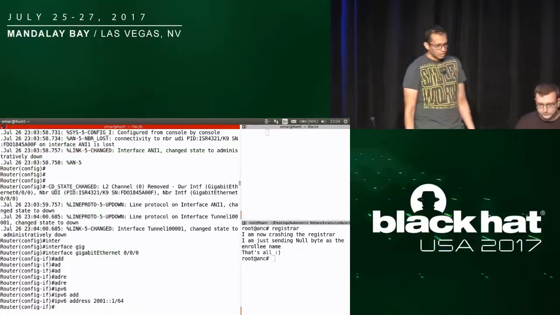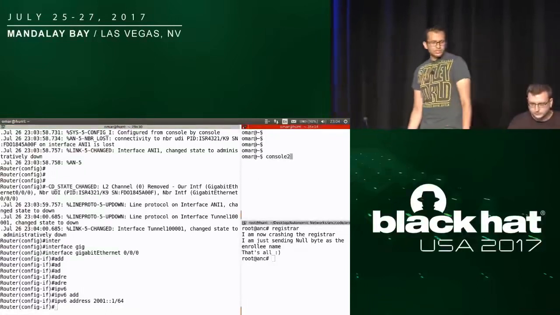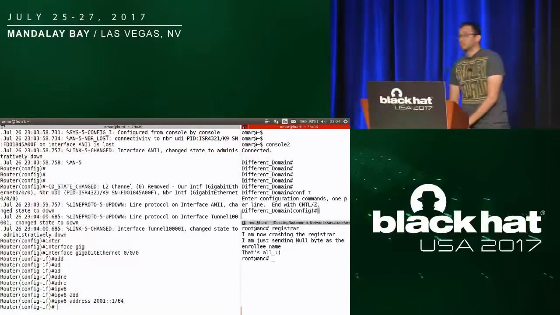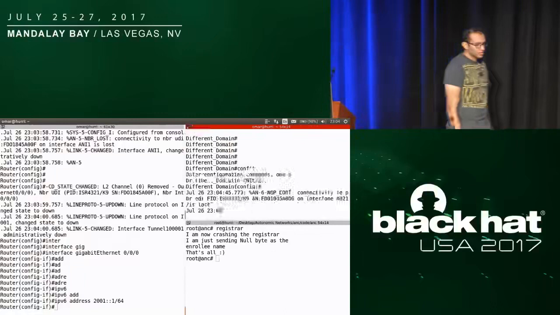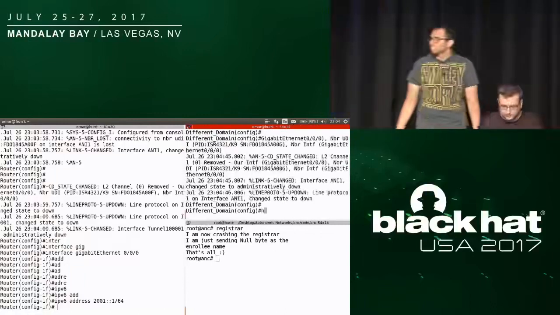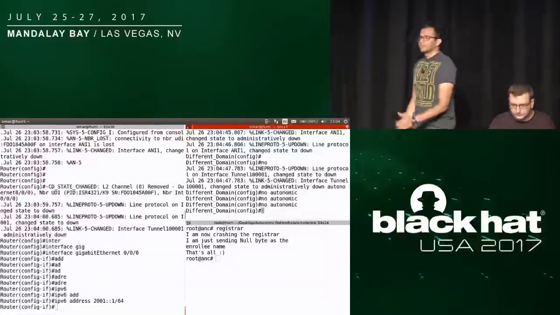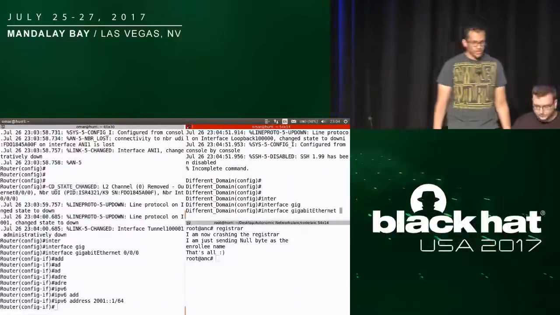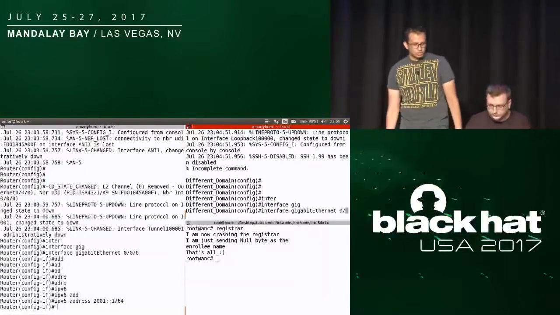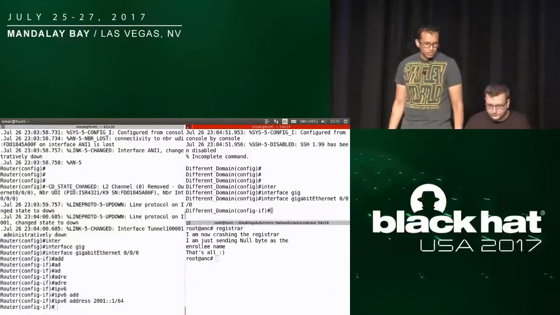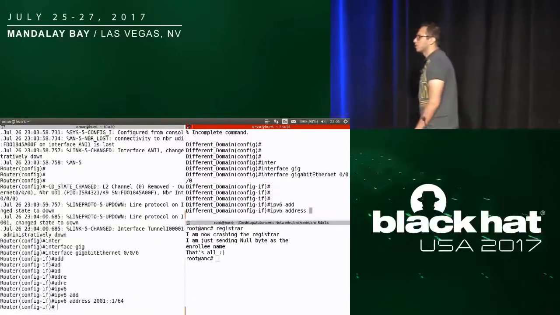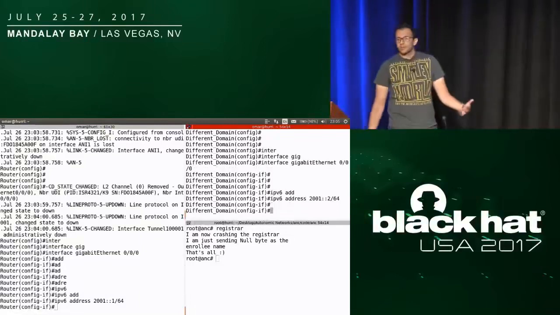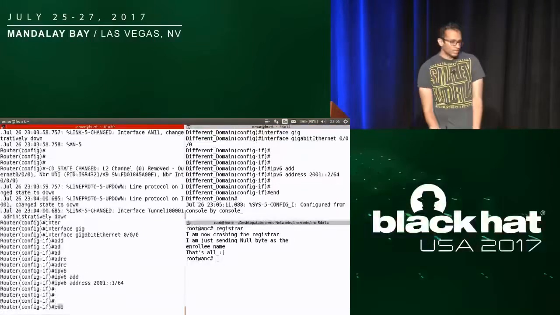::1/64. And I will go to my second device, in a different domain, and I have no other option except to disable autonomic services here too. Go in configuration mode saying no autonomic. And I will just go to interface gig 0/0/0 and put the IP address, IPv6 address 2001::2/64. Yeah, I have no other option. All my devices, all my networks are already done.